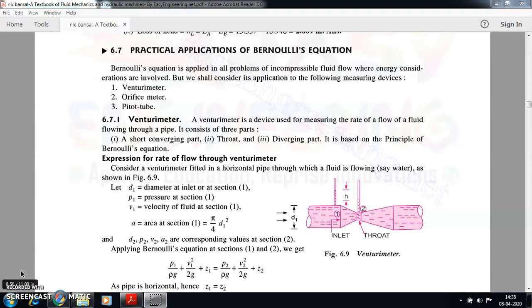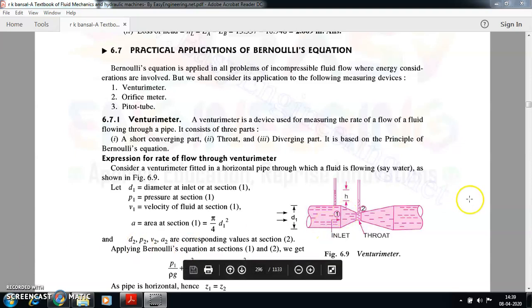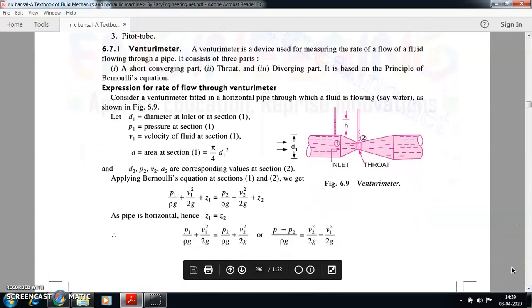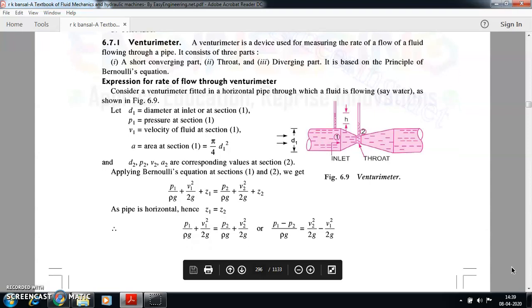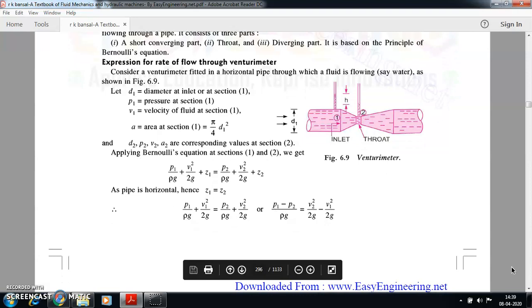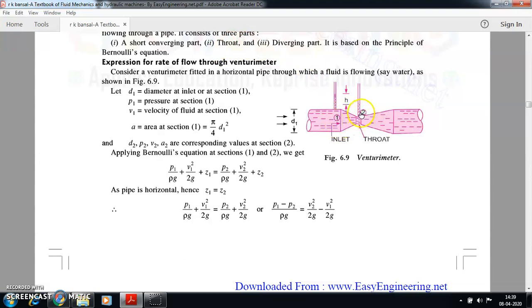We have seen the important derivation, the mathematical expression of the rate of fluid flow in the venturimeter. How to find it? Just by applying Bernoulli's equation. How easily we can find out the flow rate, right? I'm just swiping through all these things. There are three important parts: converging, throat, and the diverging part. We are taking section 1 in the inlet part and section 2 in the throat part, and applying Bernoulli's